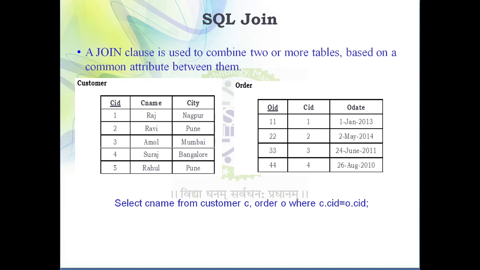So in short, you need to remember whenever we need to fetch data from more than one table, or whenever we need to combine two or more tables, we can use a join operation. Okay, so that is the concept of join operation. And join operation is a fusion of two operations in relational algebra. One is a Cartesian product operation and the second one is a selection operation.